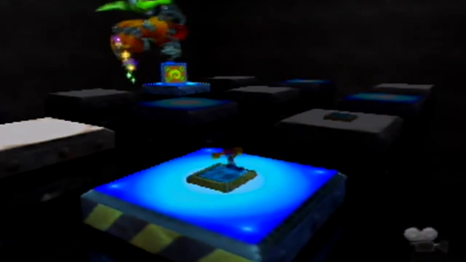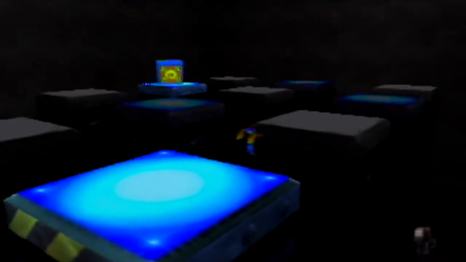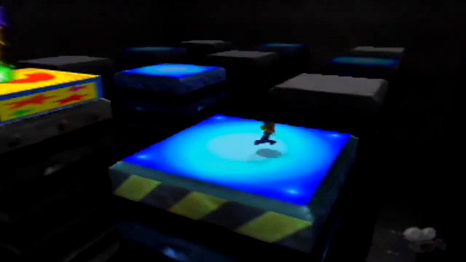Now then, to find a platform with a blue switch. There we go. To kill this boss, whenever you see the buttons, you need to pound the one that's the same color as the one he's standing on. If he's on a white switch, you need to look for the white tile that has the switch on it. I know, it's a little tough to understand, but...